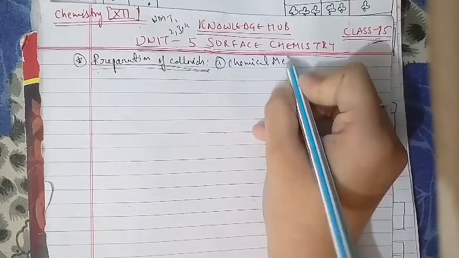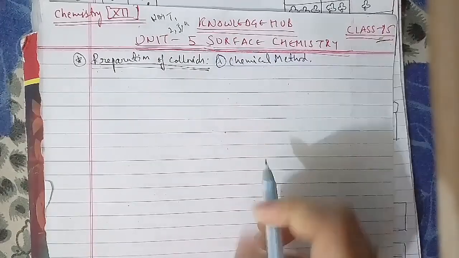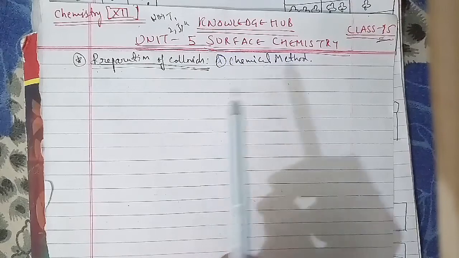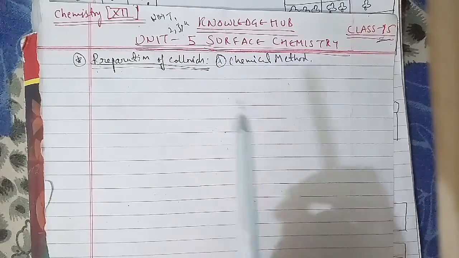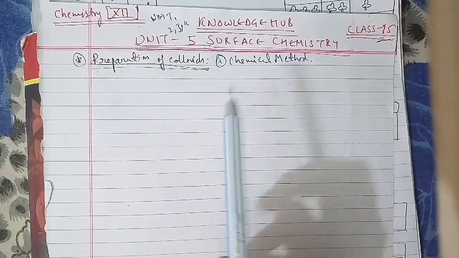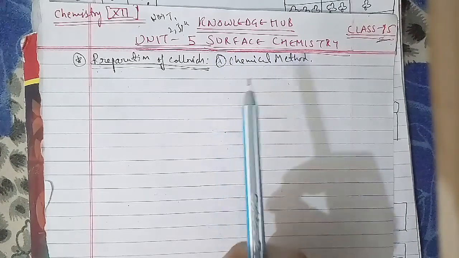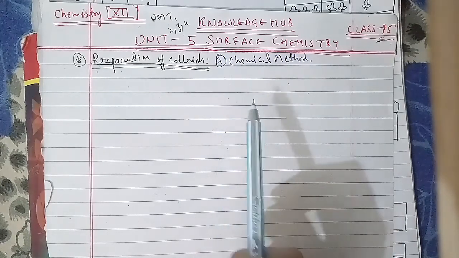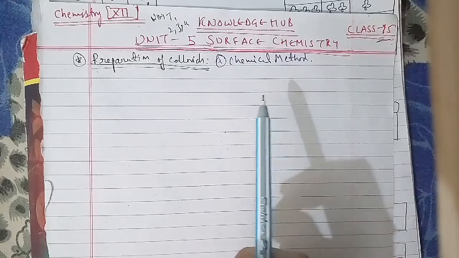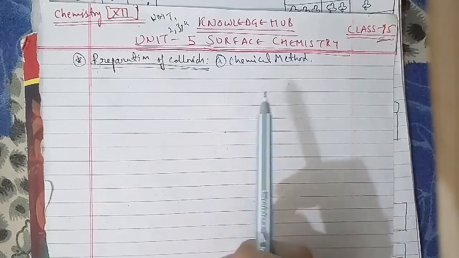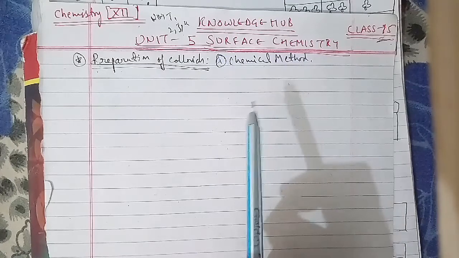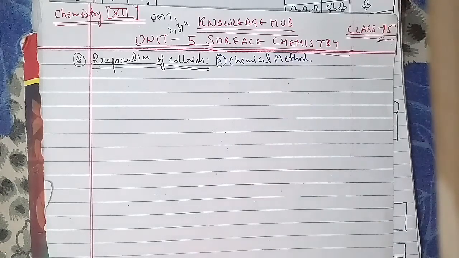In the chemical method, the colloidal solution can be prepared by a chemical reaction leading to the formation of molecules by double decomposition, oxidation, reduction or hydrolysis. These molecules then aggregate, leading to the formation of colloidal particles. There are many reactions that we have to discuss in terms of the chemical method, so we'll discuss some of them. The first equation we have here is